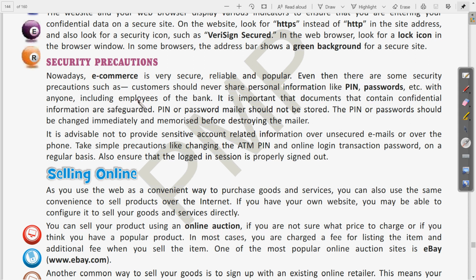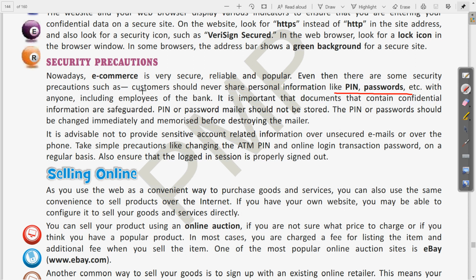with anyone. Clear? So whenever you have a username, password, or if you have the card, ATM card, credit or debit cards, whatever the PIN and passwords of these, that should not be shared with anyone. Clear? Then also sometimes we receive messages from malicious users who use them to trick customers into giving away information. So they call and they also give you messages like you have won a lottery and ask you to give details.